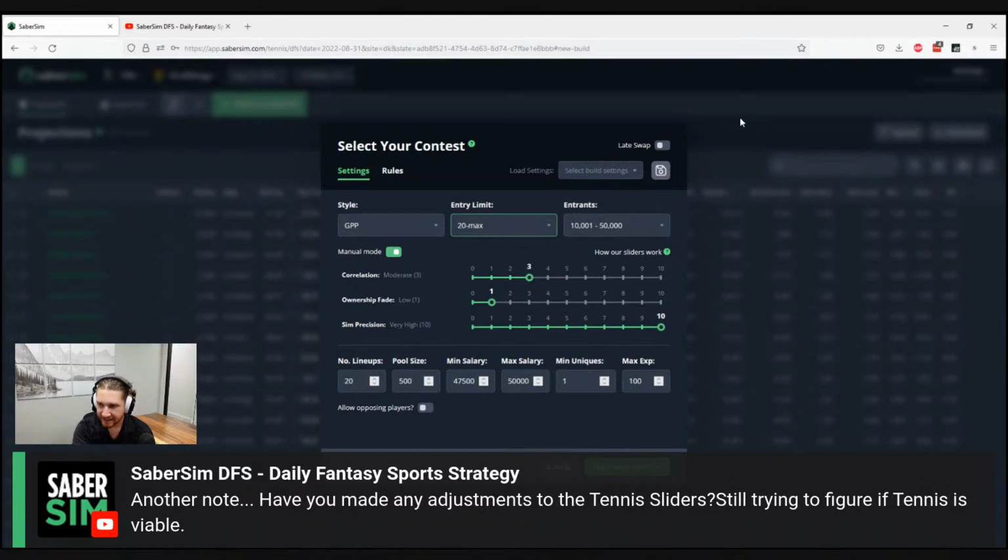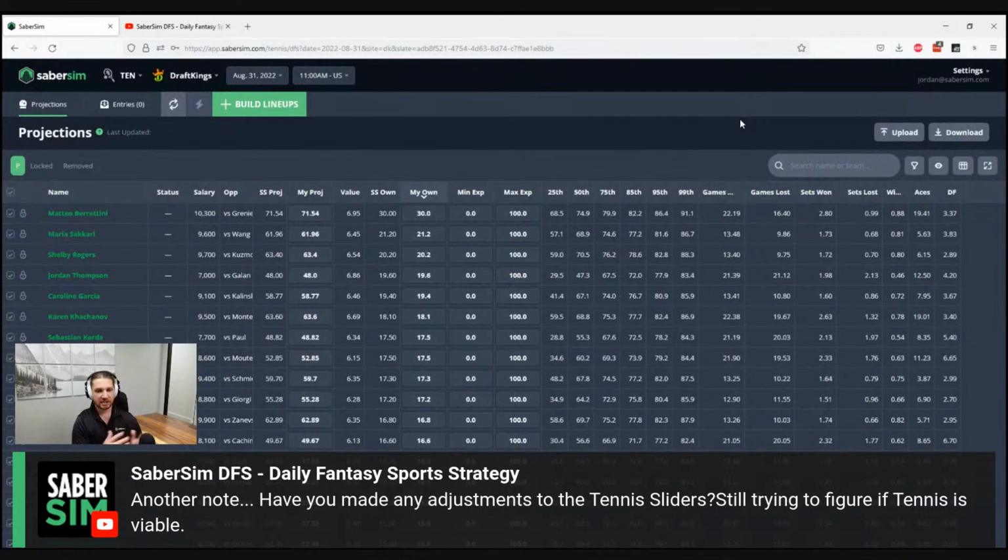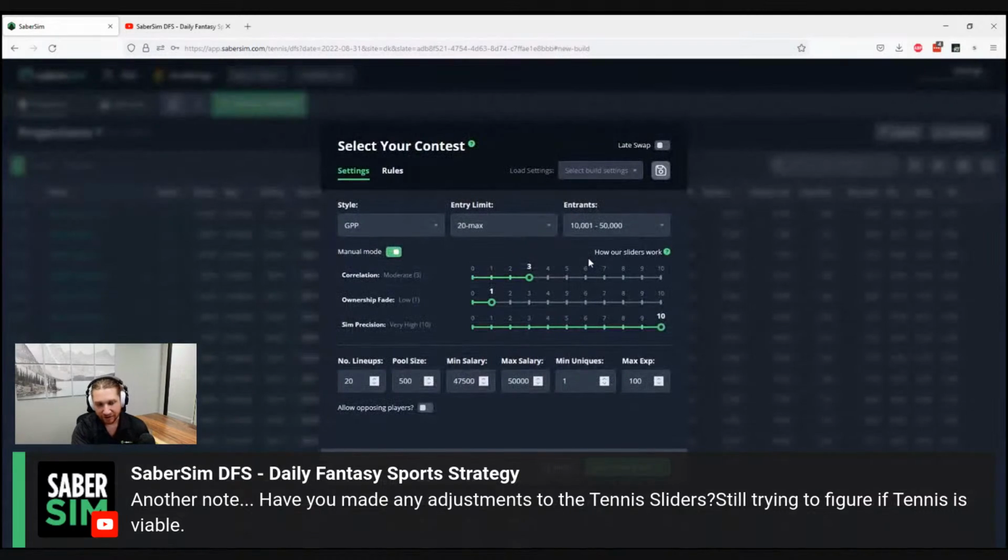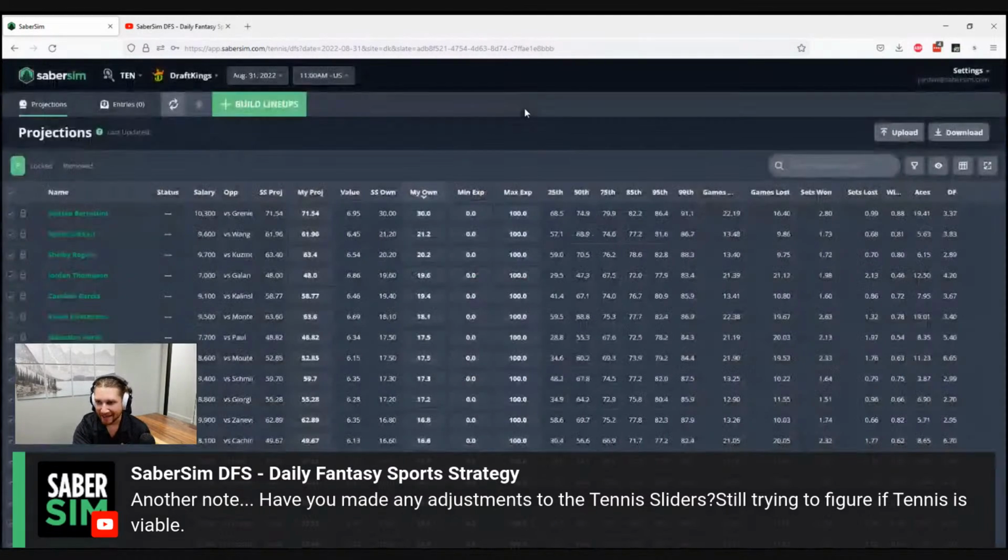It is basically saying take a single slate optimal, basically sim every match once and take the optimal lineup you can build, slightly adjusted for ownership, and then that is your lineup portfolio. That's also the same way MMA and Showdowns and things like that are calculated. I think that makes a lot of sense to me. I would feel pretty confident that those are the right sliders to use based on the way that tennis typically